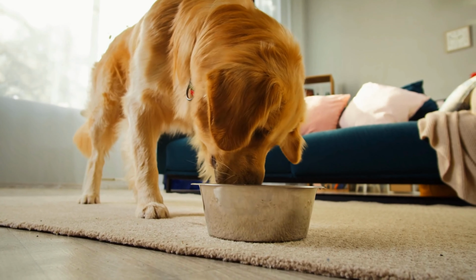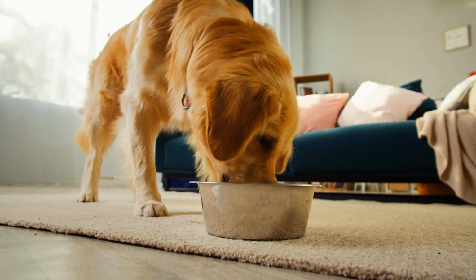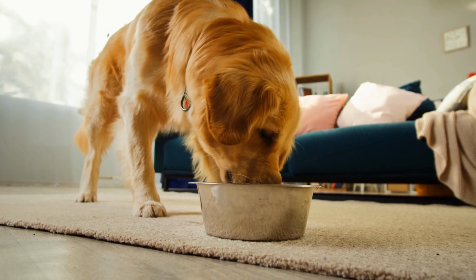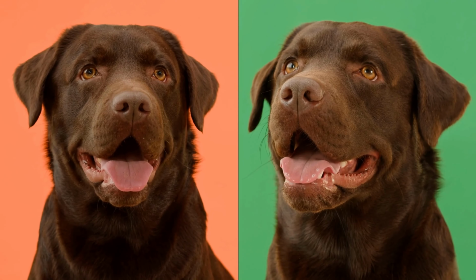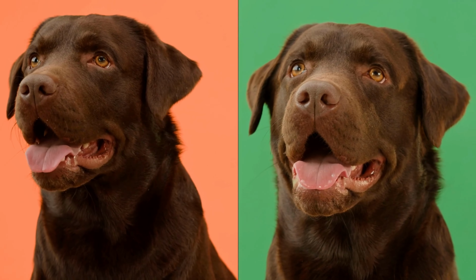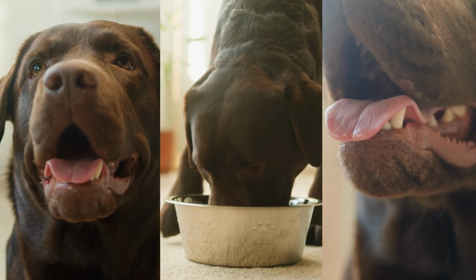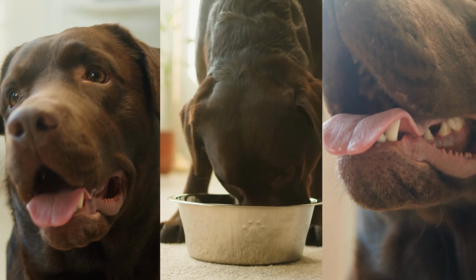Picky eaters can be especially challenging, as they often develop strong preferences for certain textures or flavors. But with homemade dog food, you can tailor the recipes to your dog's unique tastes and dietary needs. By using fresh, wholesome ingredients, you can ensure that your dog is getting the nutrients they need to thrive. And the best part, you can do it all without breaking the bank. With just a few simple ingredients and some easy-to-follow recipes, you can create a culinary masterpiece that your dog will